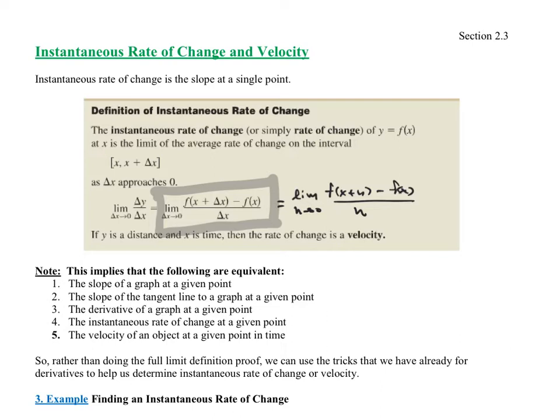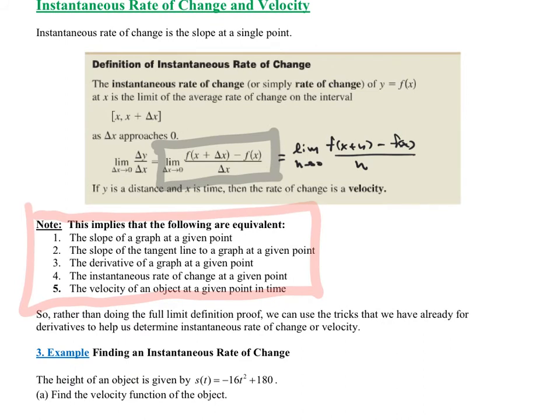So what do we have? We already have numerous definitions for a derivative, equivalent meanings or interpretations of a derivative. We know it's the slope of a graph at a given point. It's the slope of the tangent line to the graph at a given point. It's called the derivative at a point. It could be the instantaneous rate of change, or it could be the velocity. If anyone asks any one of those 5 questions, they're asking for the exact same thing, which is equivalent to